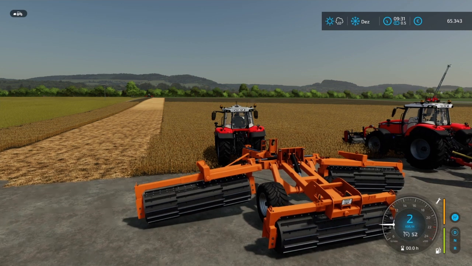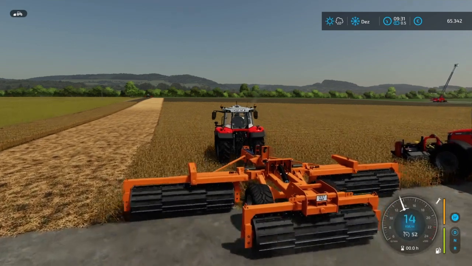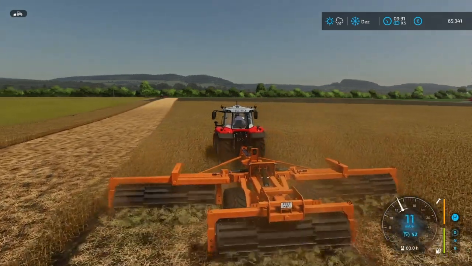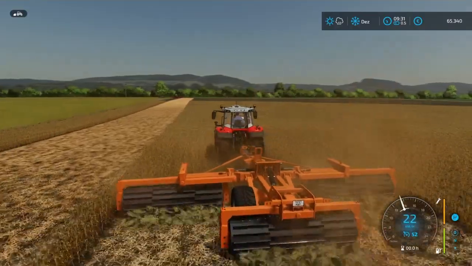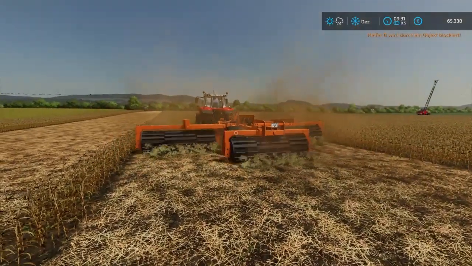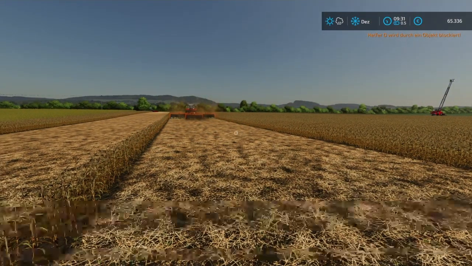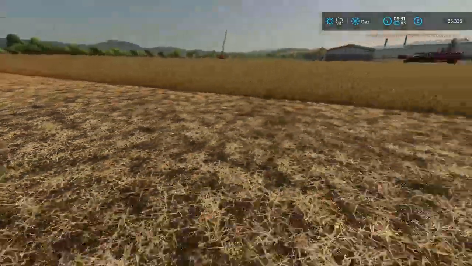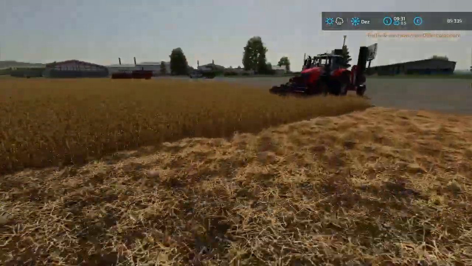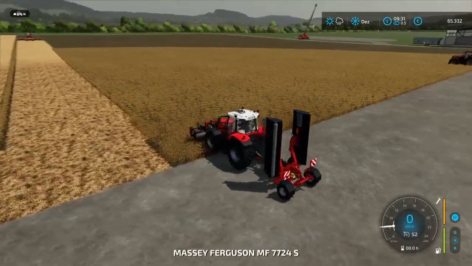And in relation to these three, it's also requiring the lowest horsepower. It only requires a 180 horsepower tractor, so a very low horsepower requirement on this one. And there you go. And as you see, it cultivates as it should. And last, we have